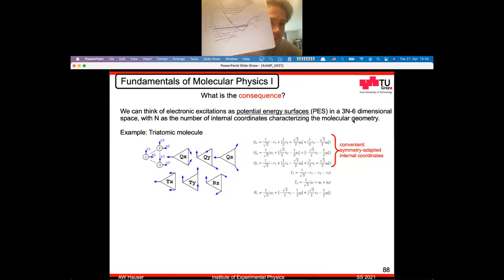So in the course of extension, this molecule reaches a point where a different electronic state comes in and is energetically basically degenerate with my electronic ground state. And therefore, in this vibrational motion, the two electronic states are mixed. And we see that in this moment, it's no longer possible to speak of a potential energy surface that belongs